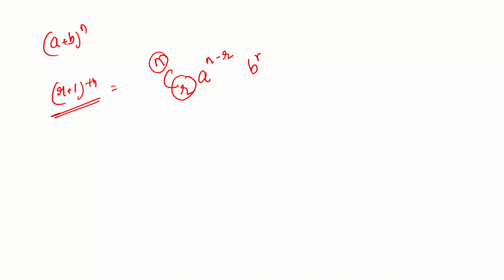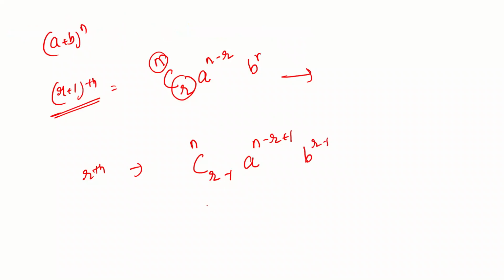You might be wondering why I didn't tell you the formula for the rth term. You can also remember this rth term formula, but generally we use the (r + 1)th term because it gives us a cleaner expression. What will be the rth term? In the leg we'll have 1 less, in the head we'll have n, in the power of A we'll have head minus leg, so it will be n minus (r minus 1), and in the power of B we'll have the leg.